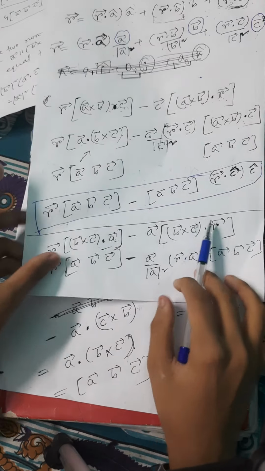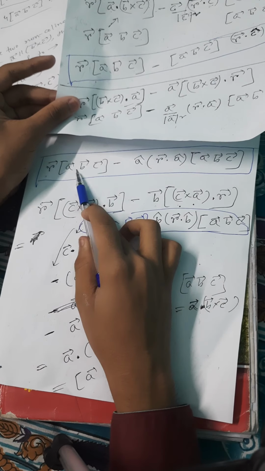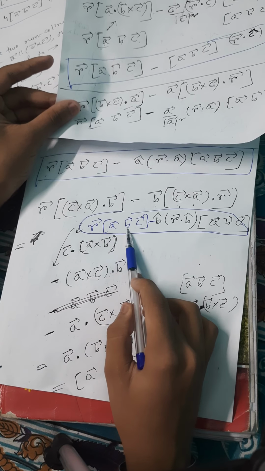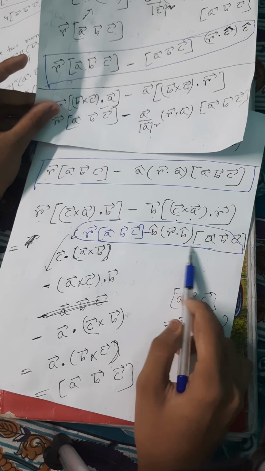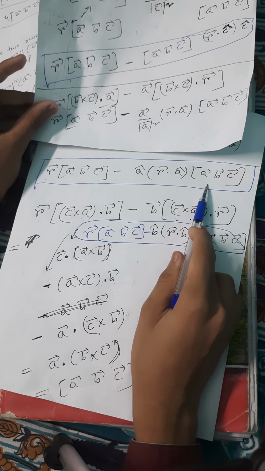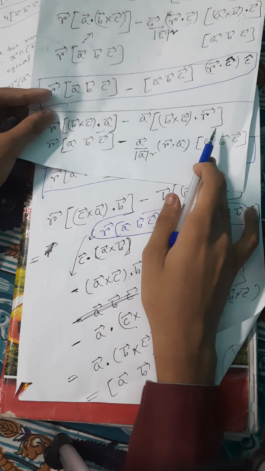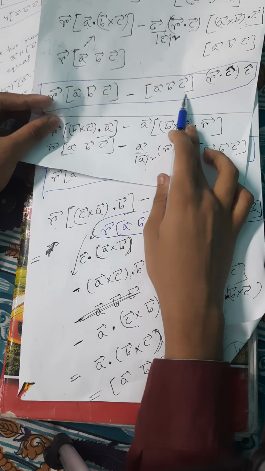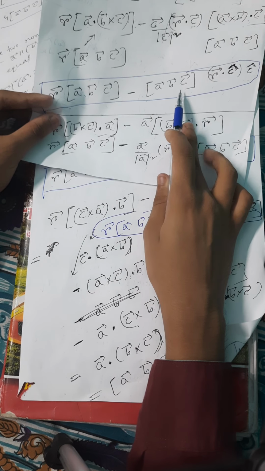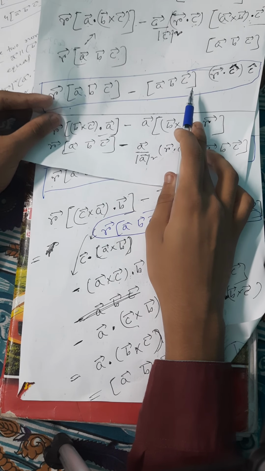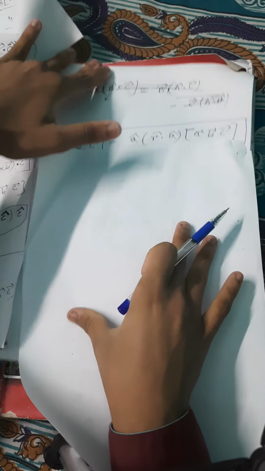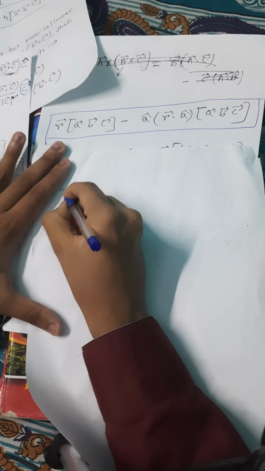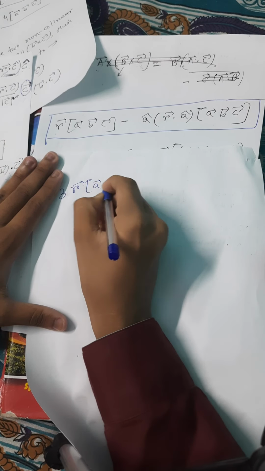So this rABC, this rABC, and this rABC, three rABC, and when you add them, this ABC will be common and can be taken common. So the first three terms will be 3rABC